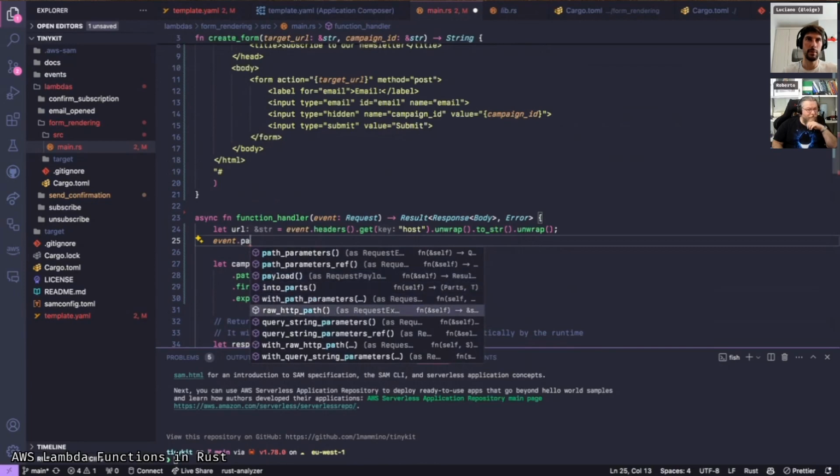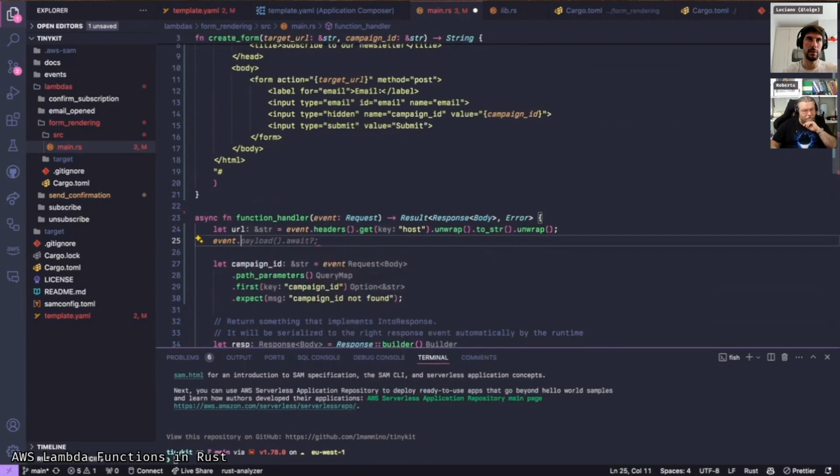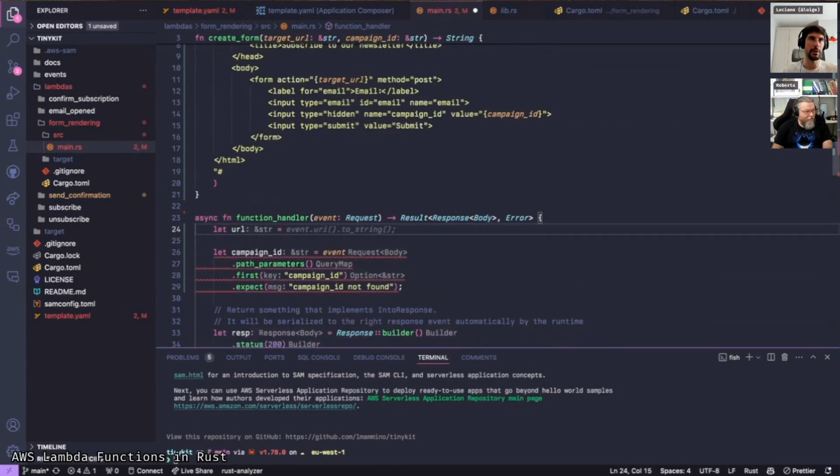Raw HTTP path. Is there some other raw thing? No, just raw HTTP path. Okay, I'm just gonna use the environment variable for now. Yes. So std env var